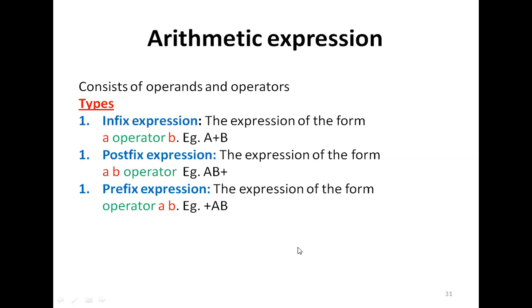Okay, clear? Any question? Sir, then what is the difference? Yes, the difference is only in how we can evaluate the expression. We will use this whenever we want to evaluate any arithmetic expression in a computer or in any computing device. That is actually done by the compiler.